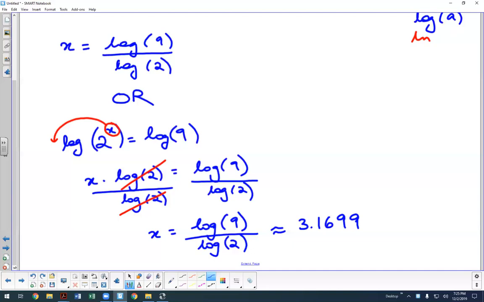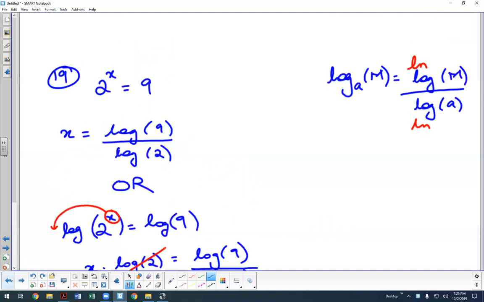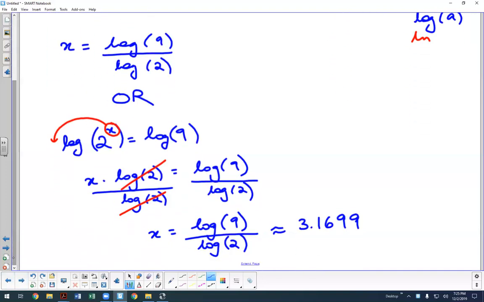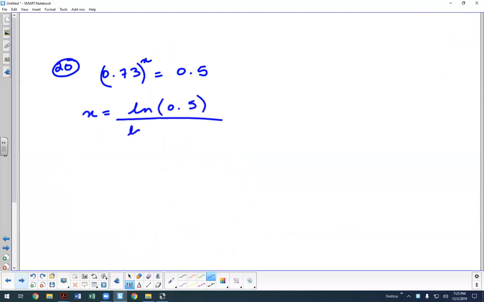Let me see what you come up with. So 3.1699 for this guy. To change things up, if you want, you can use a natural log this time. So again, by the base change formula. And if you don't remember that,